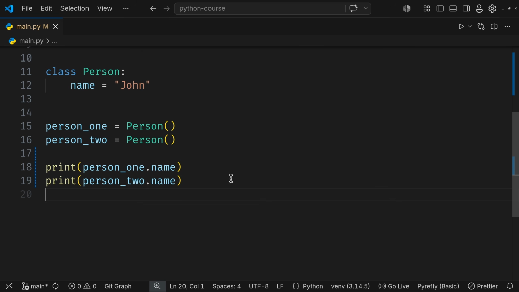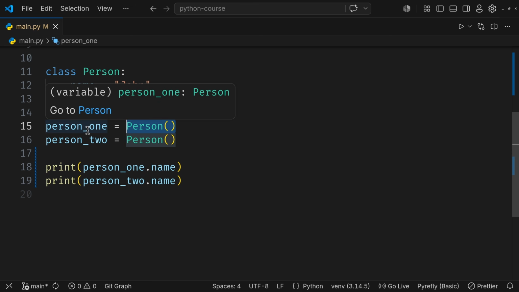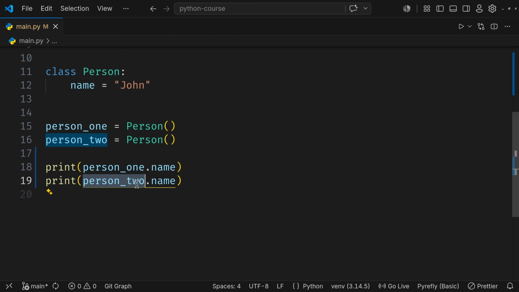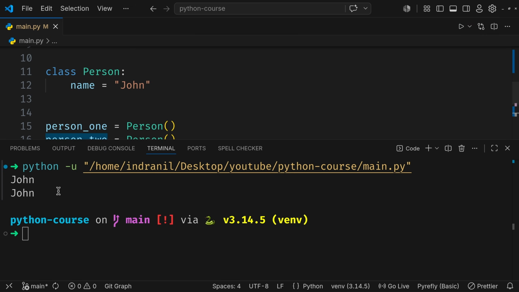Okay, all right. So this is our simple class, and we are just instantiating the class, and currently we are accessing the name for each of the persons. So person1 dot name, person2 dot name. Now if I just run the program, we are getting John and John for both of the print statements,